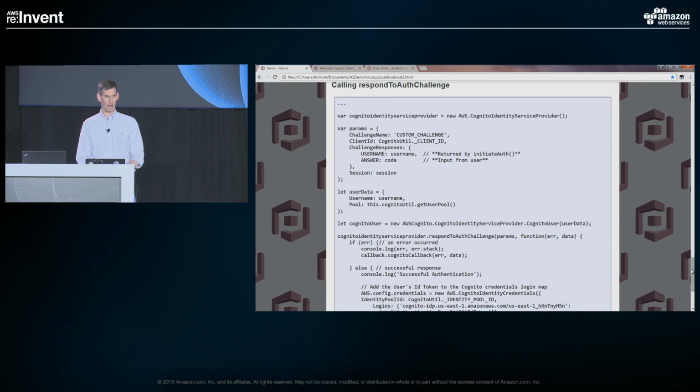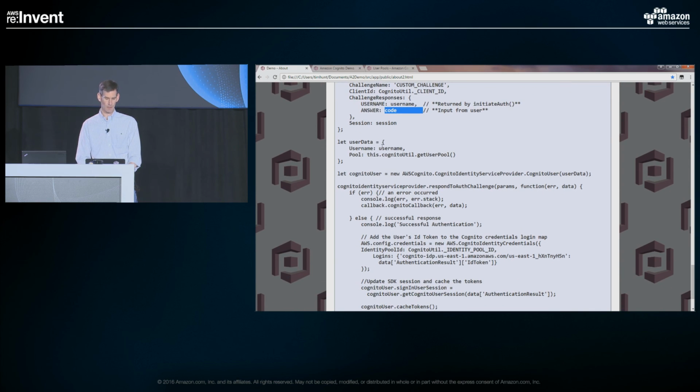So then I've asked the user for a code. The app has collected the code. I'm going to then complete the flow by passing that back to Cognito. So I'm setting up to respond to auth challenge. And if you had multiple rounds, you might call this multiple times. I only have one round in this case. So the key thing here is I'm providing the username. I could have used the phone number again, but I got the username back from the last response, so why not use it? And I'm entering the code that I've received back from the user.